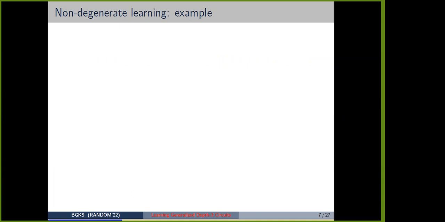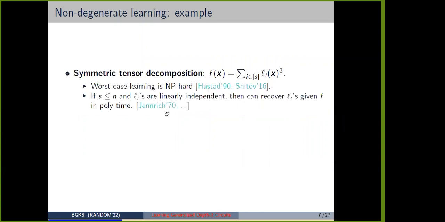I'm sorry, of non-degenerate learning. So this is the problem of tensor decomposition, symmetric tensor decomposition in fact, in which you are given a polynomial f, and you have to write it as sums of cubes of linear polynomials. This is known to be worst case NP hard, and there is an algorithm due to Hendrickx, which if s